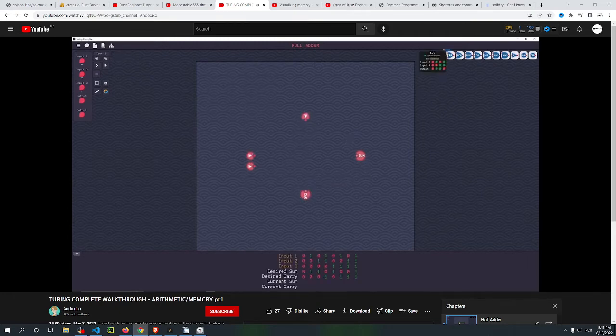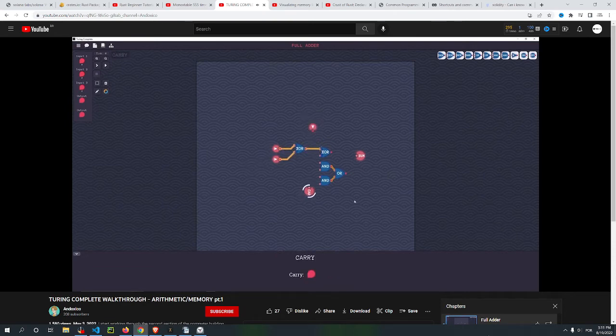Okay, so we need 2 exclusive ORs, 2 ANDs, and then an OR. We can go ahead and hook up the ANDs to the OR, then an input to exclusive OR, well, each input to the exclusive OR. And this exclusive OR feeds into this one, and then the other pin comes from the carry. The carry also goes into this AND gate. I believe that's it. Yeah, that's it for the carry. The other pin from here comes from